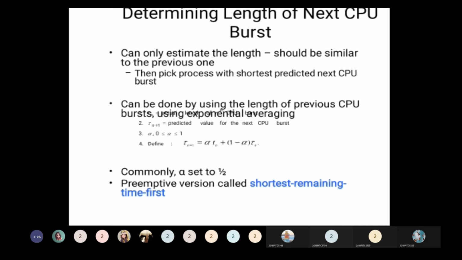You can only estimate the length. It should be similar to the previous one. Then pick the process with the shortest predicted next CPU burst. This can be done by using the length of the previous CPU burst using exponential averaging. So here, deciding the length of the next CPU burst can be done just by predicting